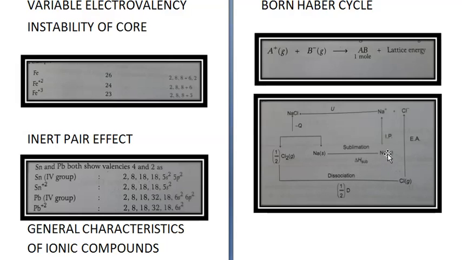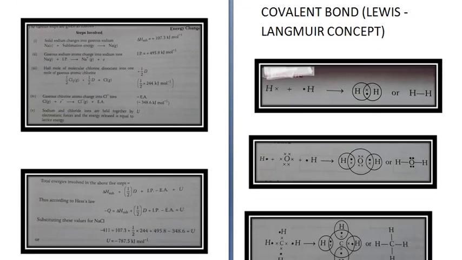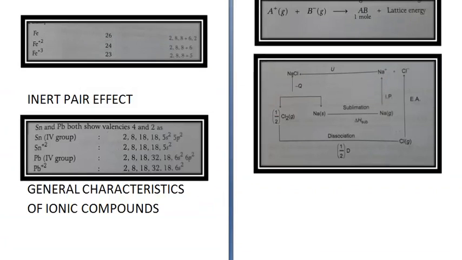Now see, what are the steps involved? In this case, I have written here what the steps involved are. Go back to the previous picture. See here, first step is that solid sodium changes into gaseous sodium. Now in this case, the energy change is given by delta H, which is 107.3 kilojoules per mole.